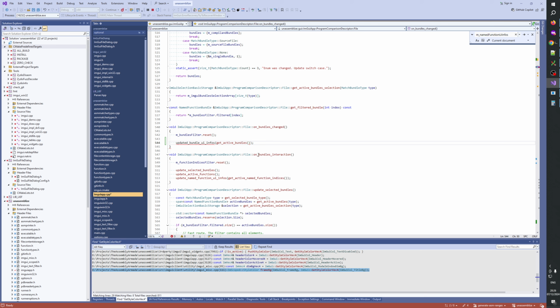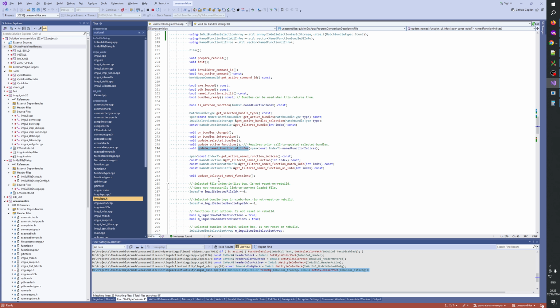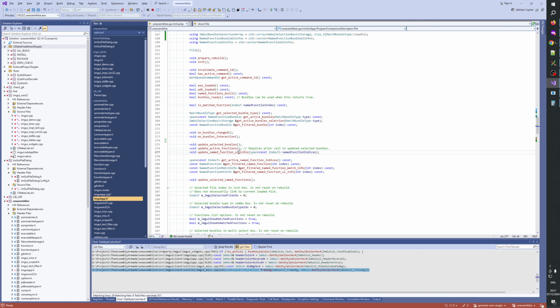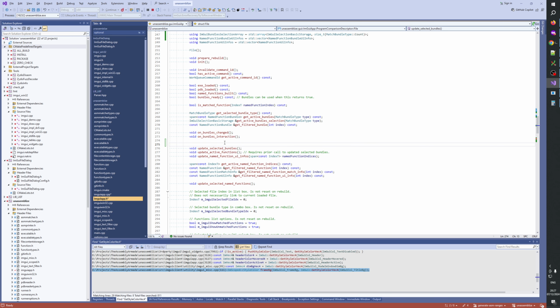Yeah. So we would have a void update bundle UI infos, and we would give a span